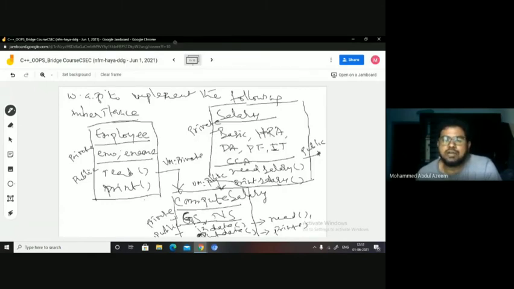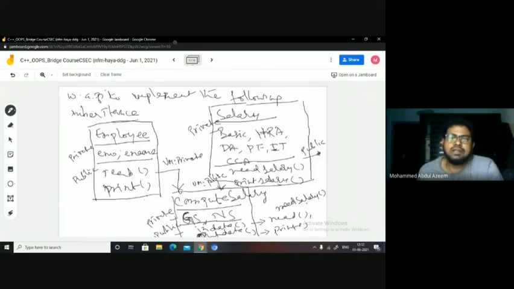Okay, you're calling both read and read salary here in in data. Can you call? Yes, sir. You can call, because read was public in the base class and privately inherited, so it has become private here. It means it can be accessed in in data, and this read salary is also public and publicly inherited, so they are directly available. So I can access this read salary in in data.